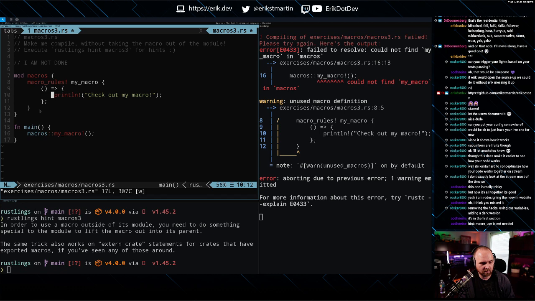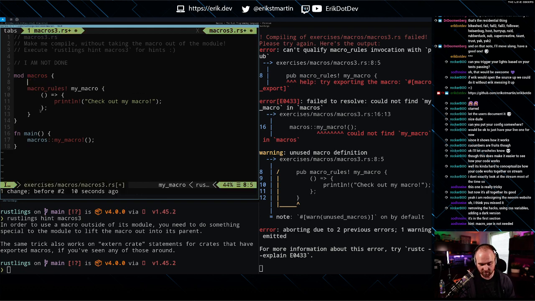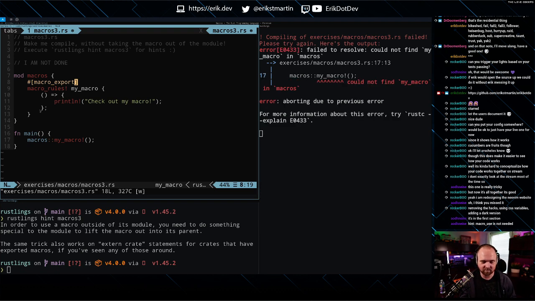So, do we need to do a pub? Oh, macro export. That makes a lot of sense. So we need to do a macro export. I keep forgetting, you want to do things that are parts of the language and not part of the macro stanzas. Could not find my macros inside of.